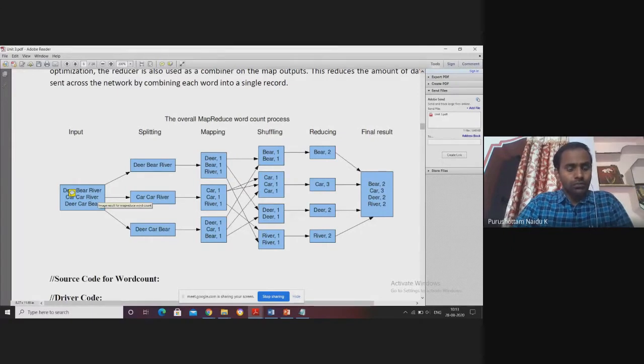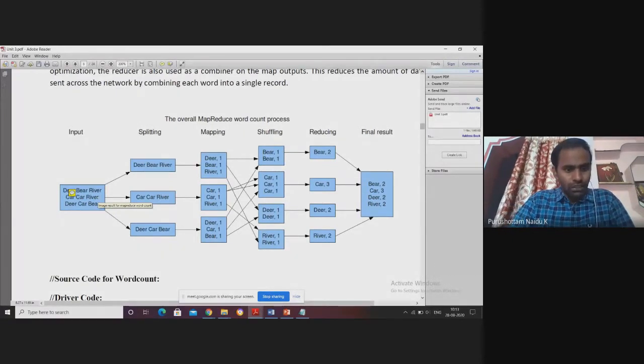That means the input file contains how many lines? 3 lines. So here I am taking a simple text file. The same can also be applied to a large amount of data. Here I just took a file consisting of only 3 lines: deer, beer, river; car, river, deer; beer, car, beer.